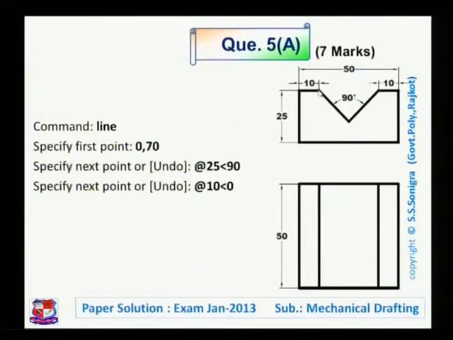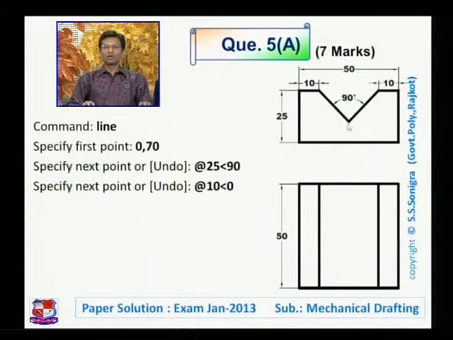Now if you want to draw this line, what should we do? Because till now we have drawn up to this point. So whatever point we give in the next command will be joined with this point. So for that, let me find out the coordinate of this point.